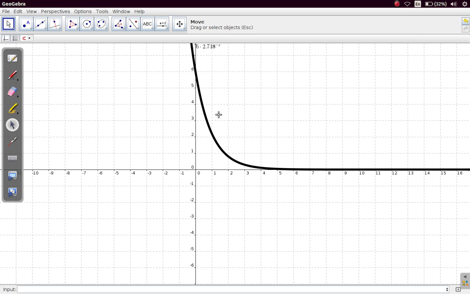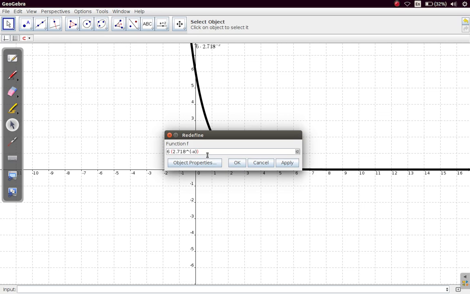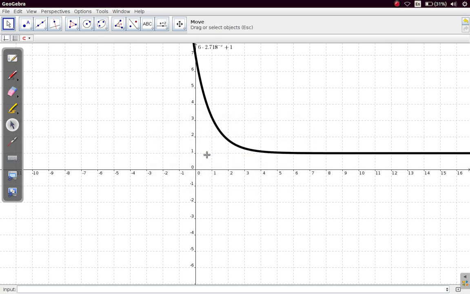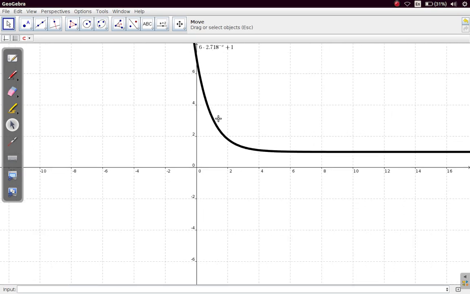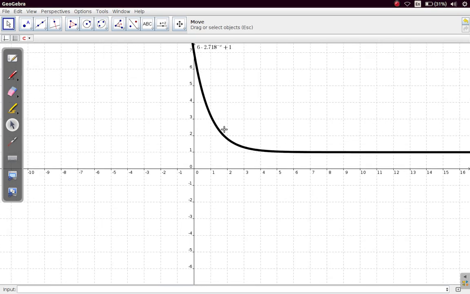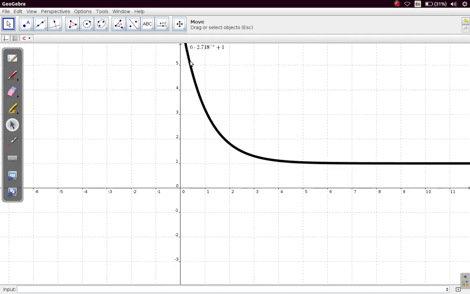Alright, the pot will be cooling at this point. Let me add 1 to it to raise the graph a bit. Alright, so over time it will cool and cool and cool,